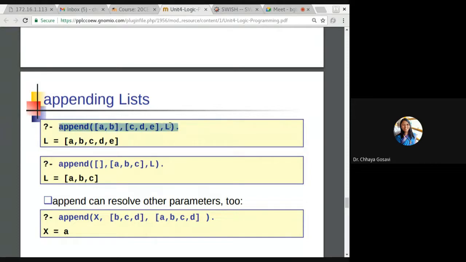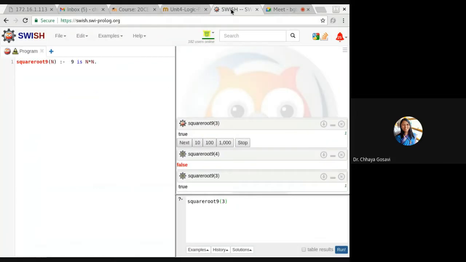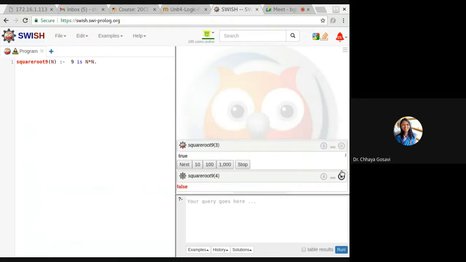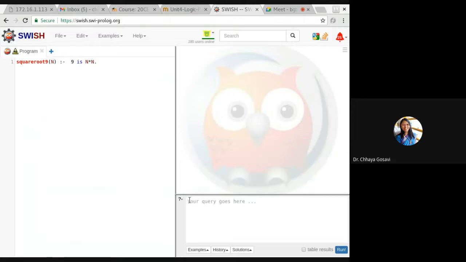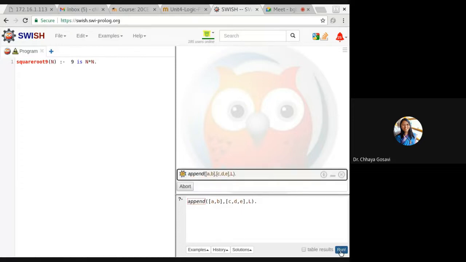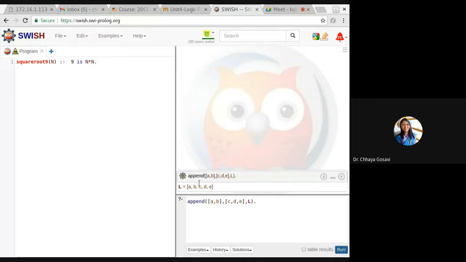It is an inbuilt function like member. If you go to the online editor and just type append([A, B], [C, D, E], L), it will return L with A, B, C, D, E. Instead of A, B, C, D, you can take any member.